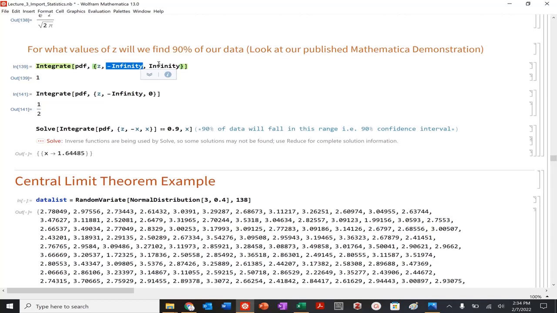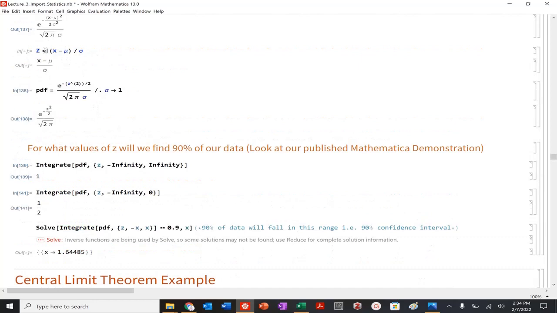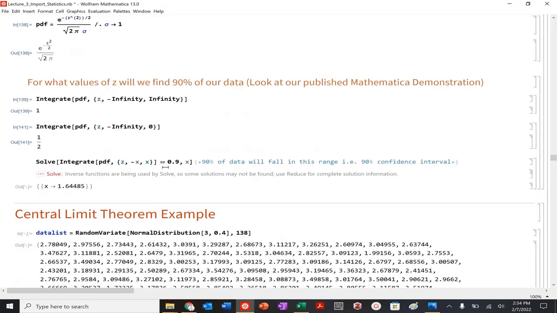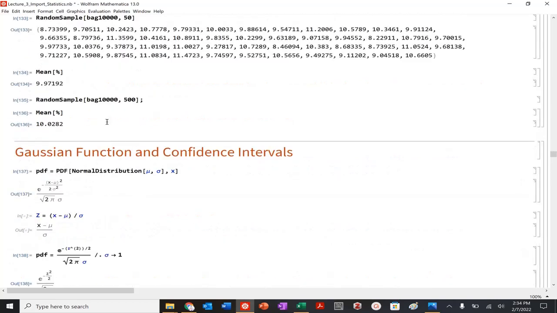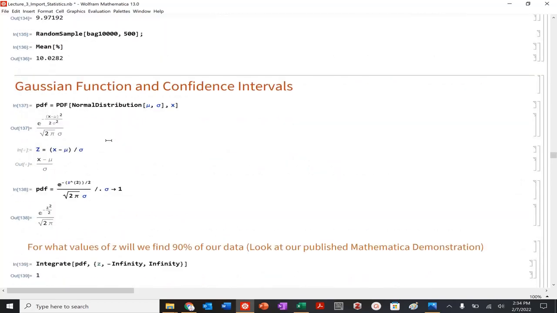So there is a 100% chance that I will measure a value of a beam between -infinity and infinity. It better be. I could also look at, for this value of z, which again is a function of these fitting parameters, and x is our measurand, what is the value of z that gives me my 90% confidence interval? What about 95? 1.96. So we start to see what bounds, what values of z, we are going to expect to find 95%